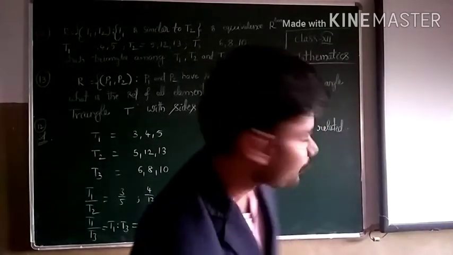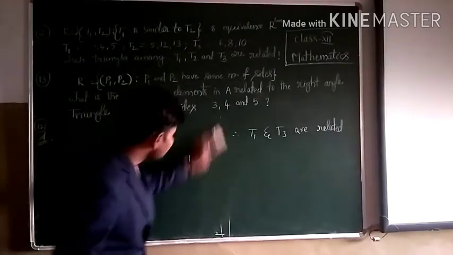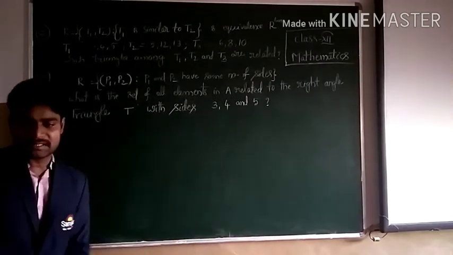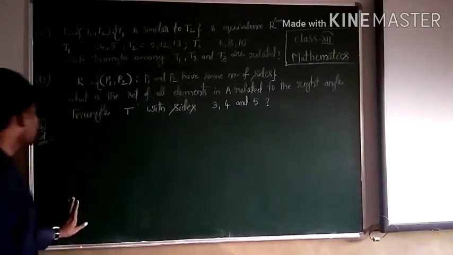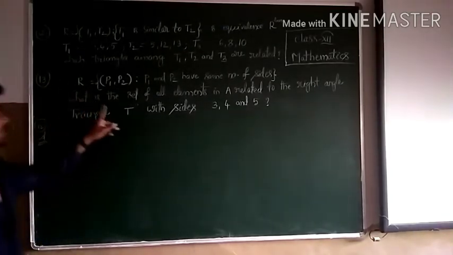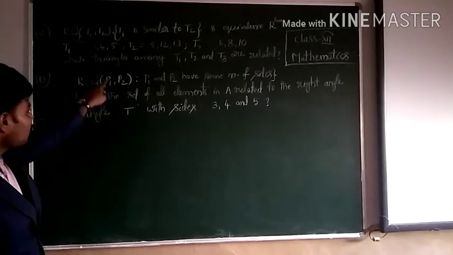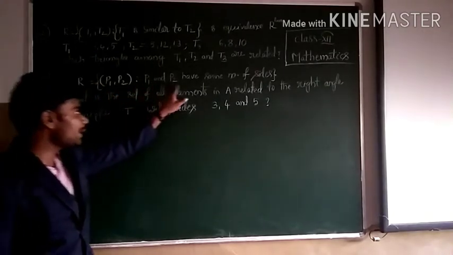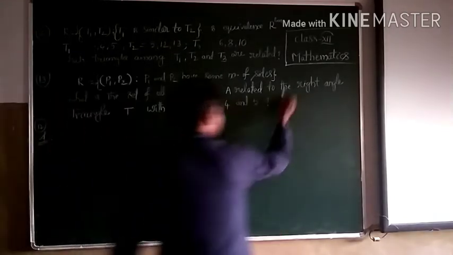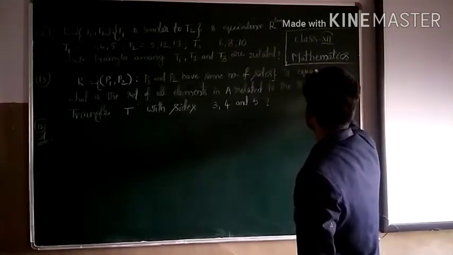Now next, let's see the 13th problem. It is also the same procedure, just here the statements are somewhat different. First read this properly, then you can understand how we can solve this also. Okay. So the 13th problem is: the relation R defined on the set A of all polygons as R equal to P1 comma P2 such that P1 and P2 have the same number of sides is an equivalence relation. It is the first question in this. So we show that it is an equivalence relation.